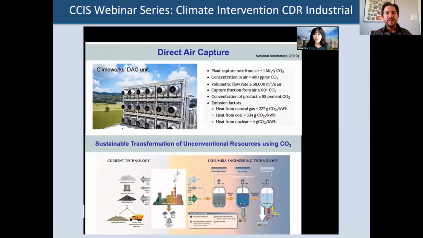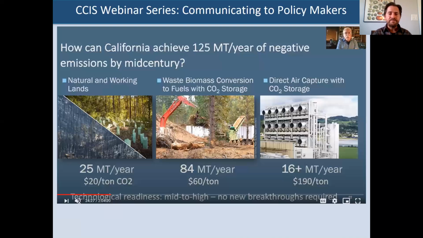We looked at direct air capture. So we're looking at the industrial process to suck CO2 back out of the atmosphere and capture it and store it in geological reservoirs. Finally, we're looking at how do you transform industry and use the carbon that you capture to store it in materials and processes and offset carbon intensive processes as well.